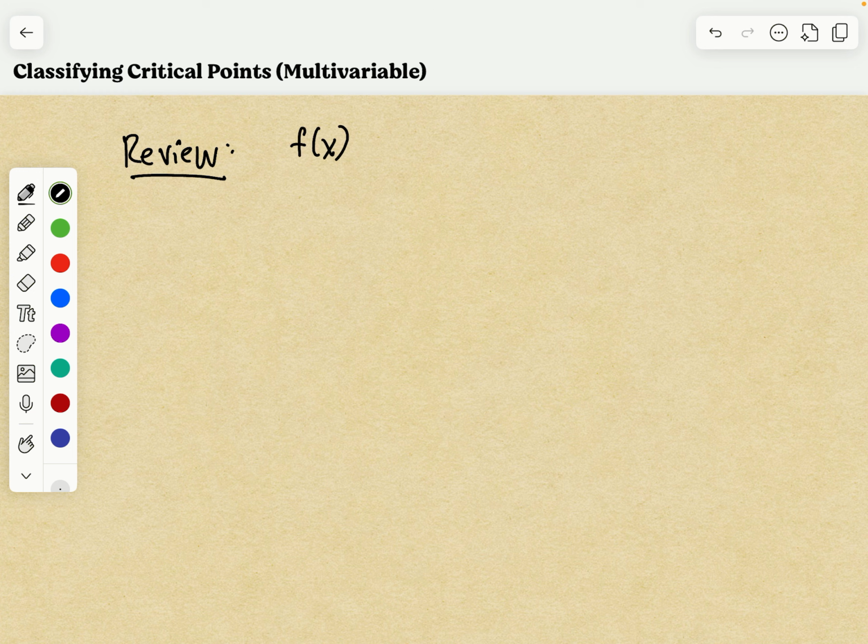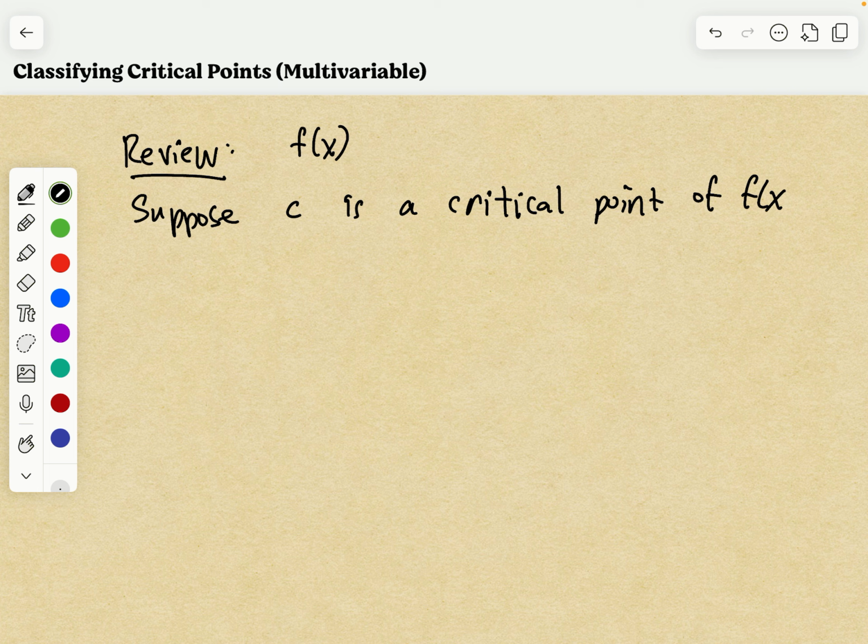Let's say you have a function f of x, and suppose that c is a critical point or critical number of f of x. Then the point c comma f of c